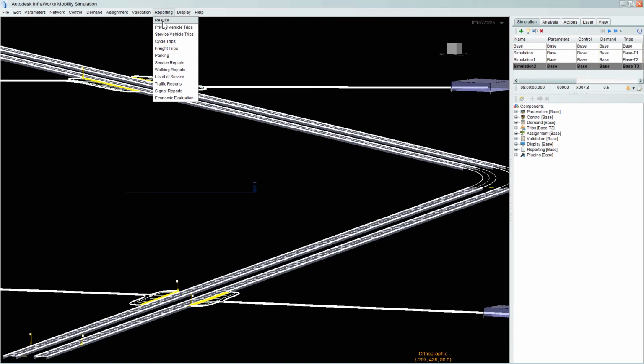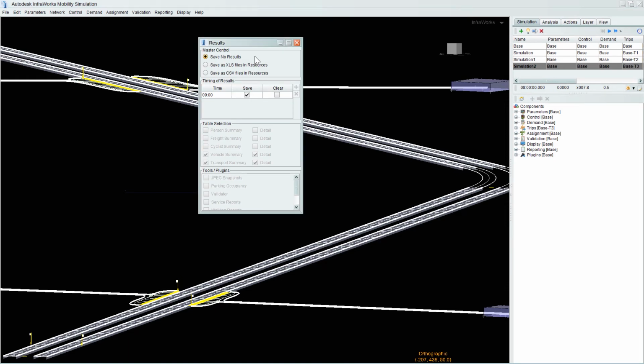So if we just hit that, you can see by default it says save no results, and that's because most of the results that you'll see are dynamic and they're updating as the simulation is progressing.